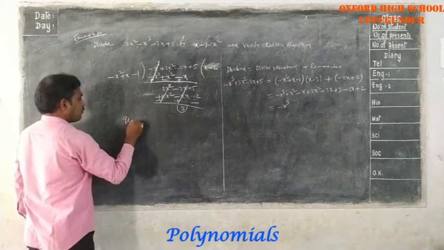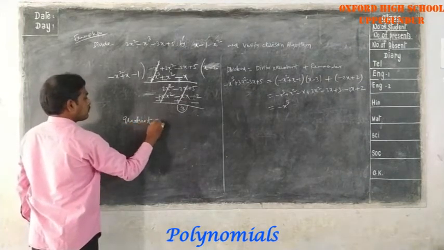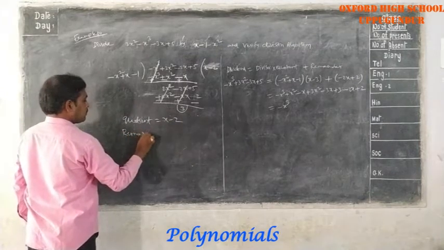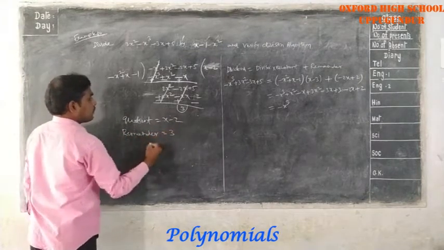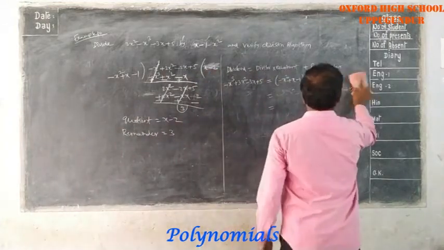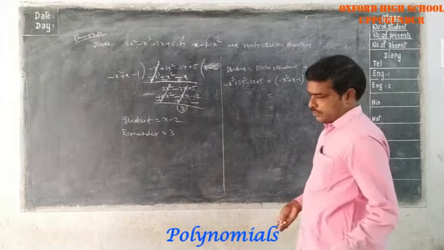Now quotient is x minus 2, remainder is 3. So in the same way you have to do here. What is the quotient here? X minus 2,